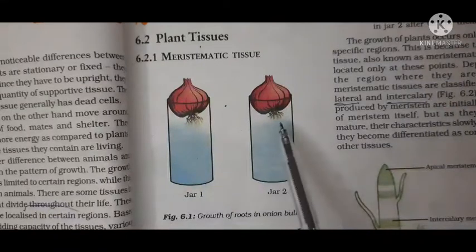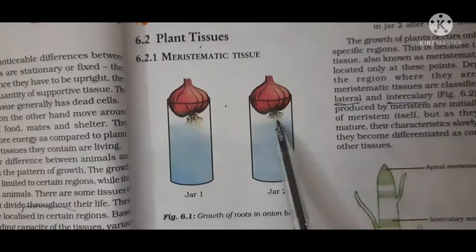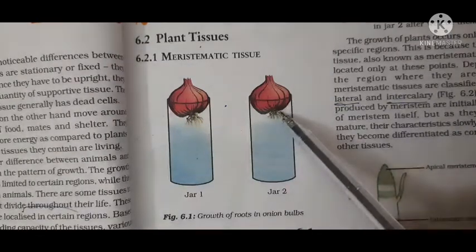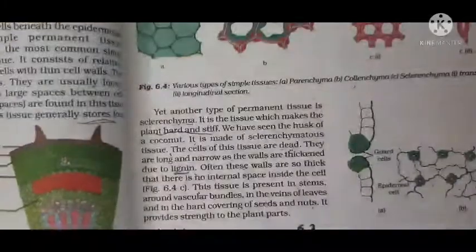So here the tips of the onion roots are cut. Okay, but these roots will not grow, because the tips contain the meristematic tissue, which on cutting will not grow. Because the part doesn't have meristematic tissue. So the meristematic tissue is present at the tip of the roots. So when the tips of the roots are cut, what will happen? The roots which are present behind that will not contain what? Meristematic tissue, and the roots will not grow. Okay, so you can see here,